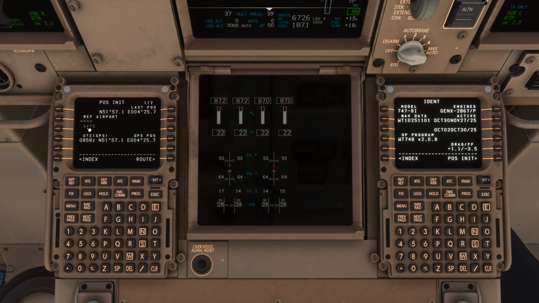So in the reference airport we are going to type in the IATA code of Rotterdam, which is Echo Hawaii Romeo Delta, and you can click just next to ref so that it's imported, and automatically we've got the GPS coordinates of Rotterdam Airport. Next we are going to click on route,